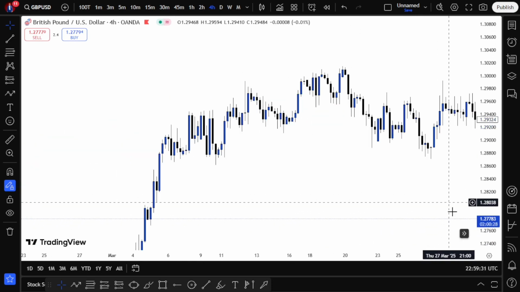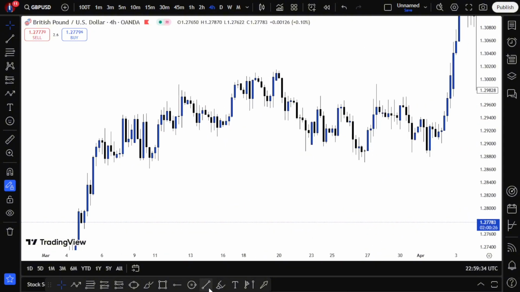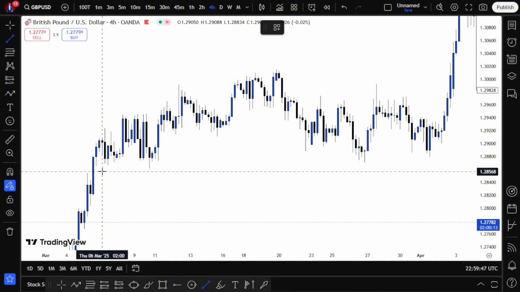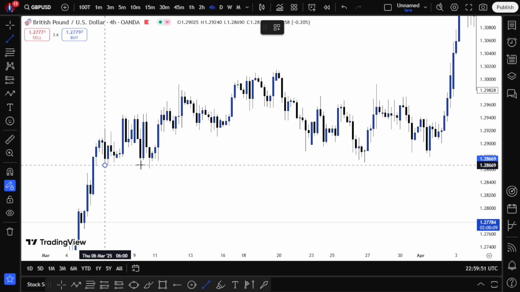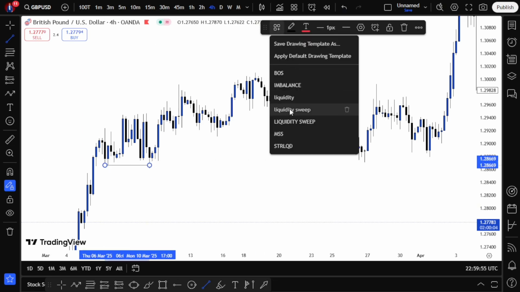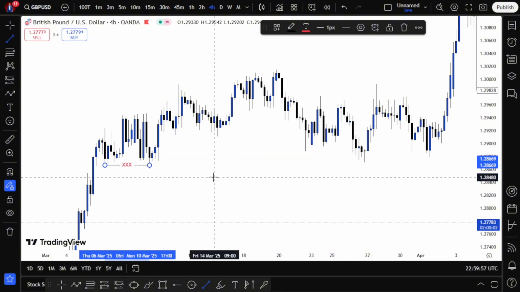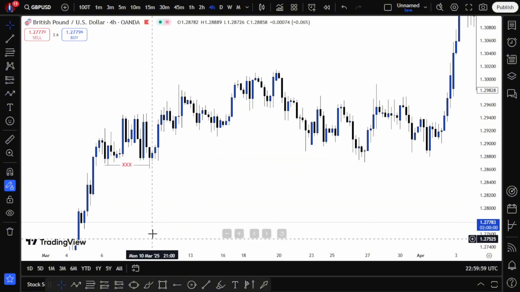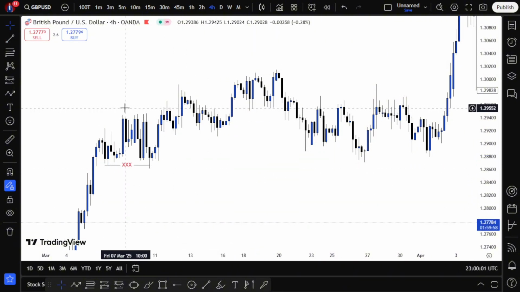So now we are on the 4 hours time frame. All right, so now we are going to use two particular types of strategy here. One is to identify our key level, and then the second strategy is to identify where the market is actually ready to move. Okay, so now we have a sweep of liquidity right here. So right here we have our liquidity sweep. All right, so now since we have our liquidity sweep, we're looking for possible break of structures